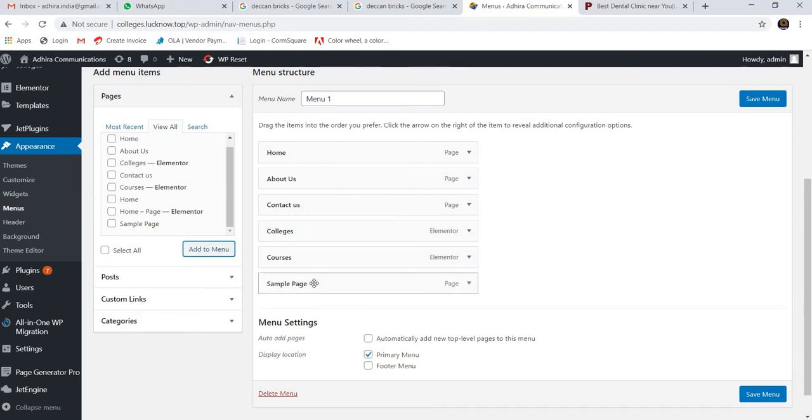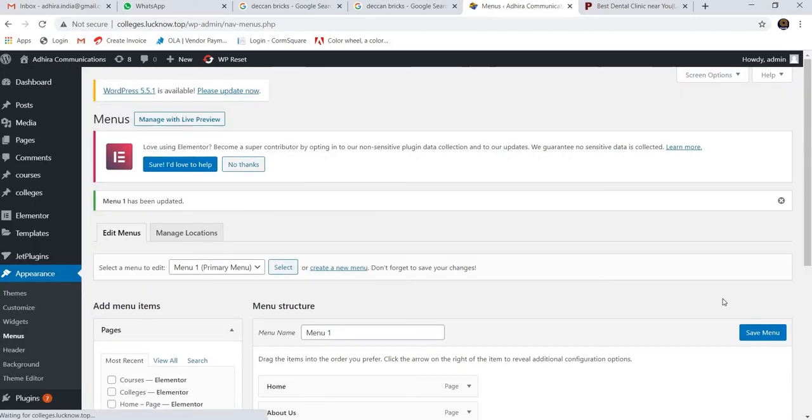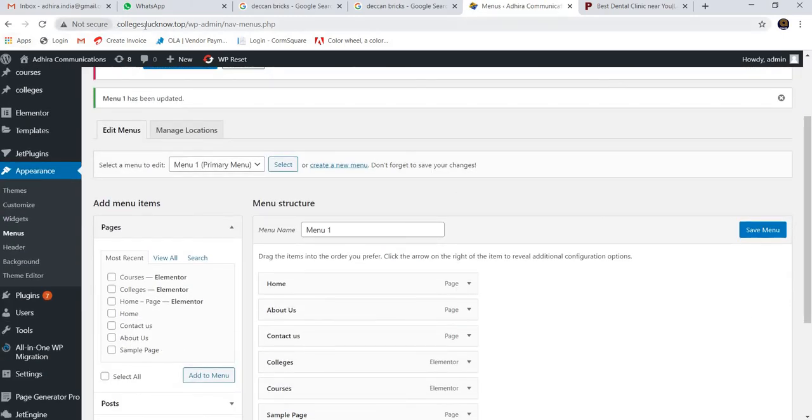So it comes to the right side option, and then first create a menu, and you click here what are the menus that you want to display over the site. You select from the left side of the menus, and once all this has been done, you click add to menu. It will appear, the items we have selected. It appears on the right side of our dashboard. Once all this has been done, you just click primary menu so that it can display at the top of our site. I am clicking save menu, so it will appear at the top of our site. I'll show you where it appears.